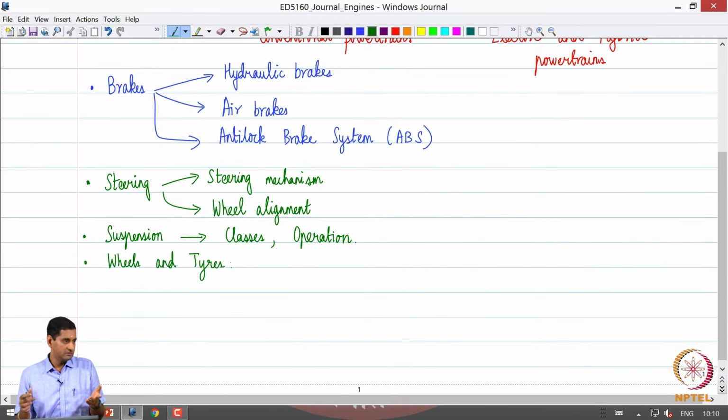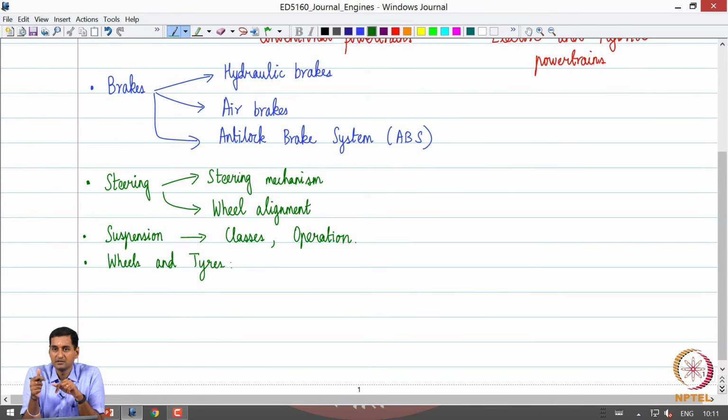Okay. So, because these are also extremely important, how the pneumatic tire is interfaced between the vehicle structure, okay, and the road becomes extremely important, because as far as a road vehicle is concerned, all the forces that are transmitted on the vehicle are through the contact between the tire and the road surface. So, a basic understanding of this interface and the tire and the wheel assembly becomes very important.